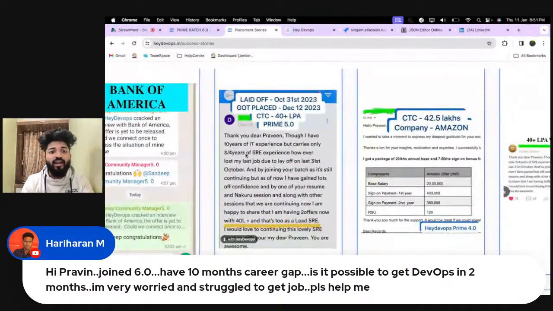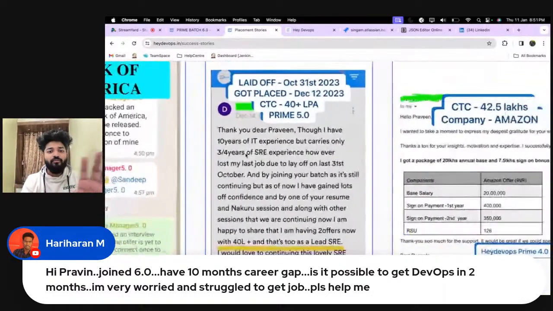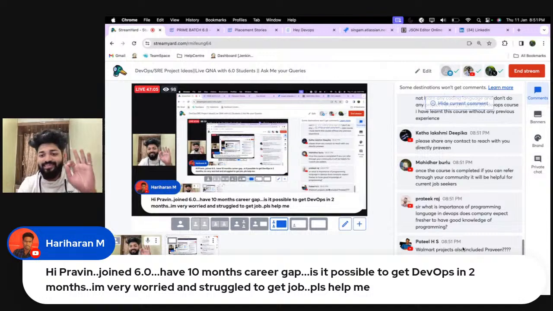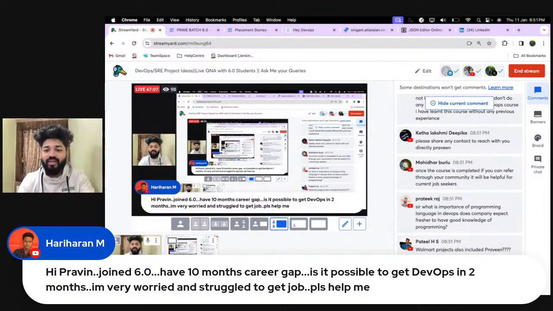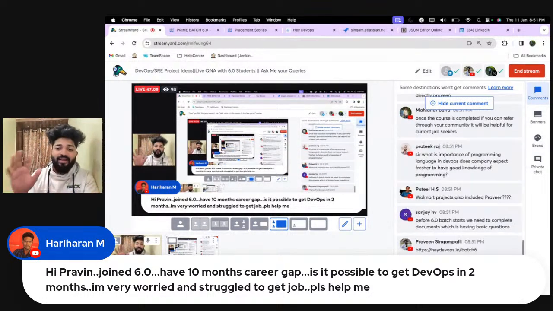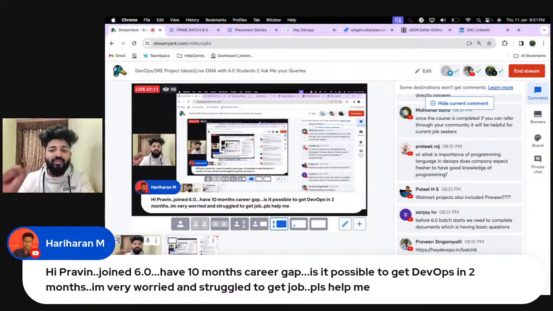See, all of you see here, when this guy got laid off on 31st October 2023, he got a job by December 12, 2023. Even I have his WhatsApp number, and we usually talk about what the scenarios are and what he's trying to do. Okay, last 3 seats left. If anyone is going to join, last 3 seats left at 4550. Again, you can enroll yourself and then watch all those things.